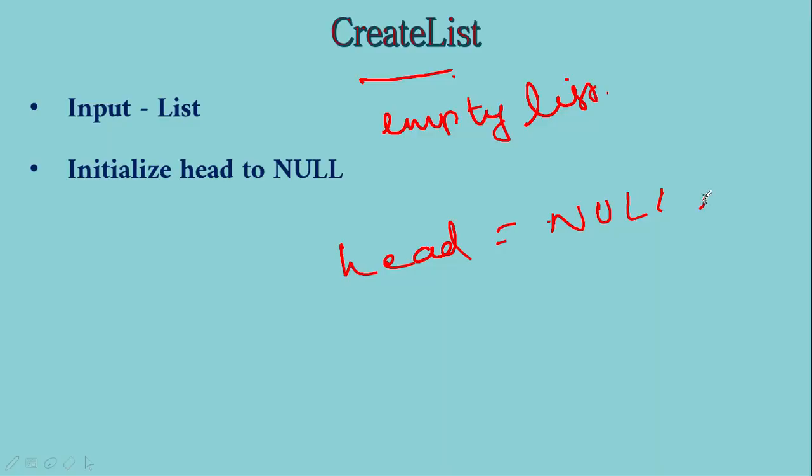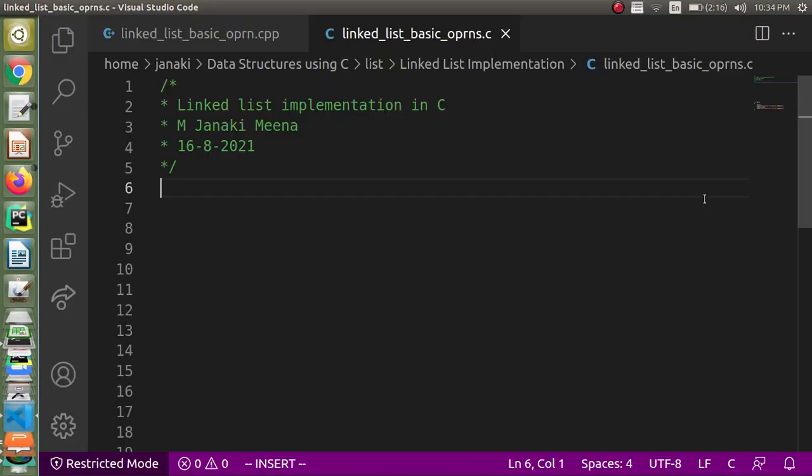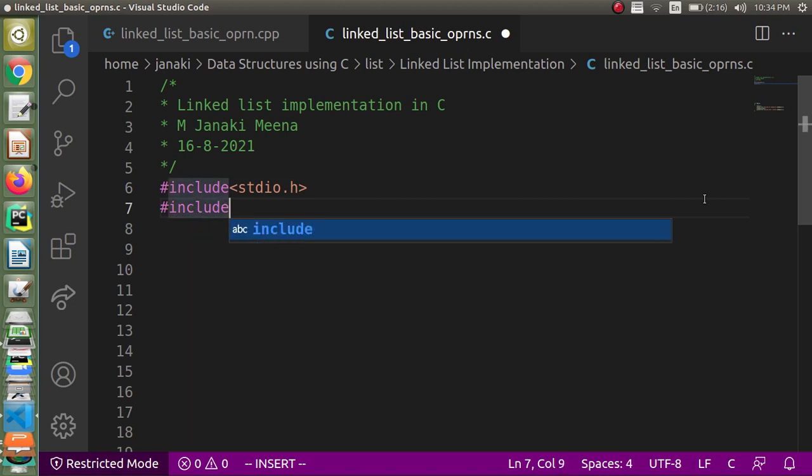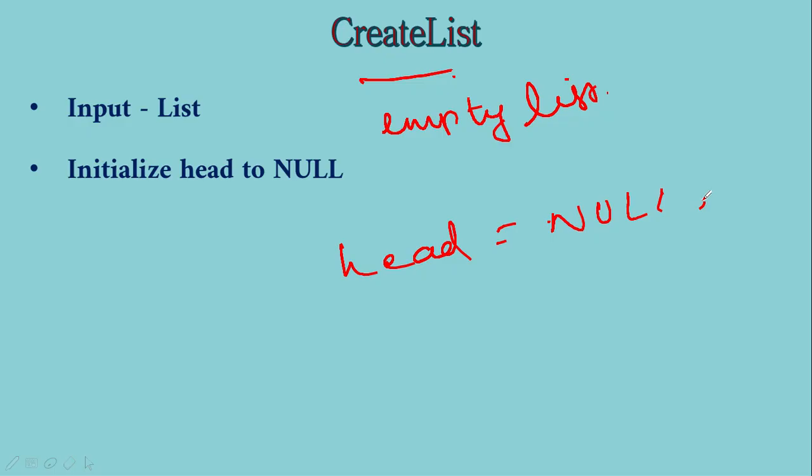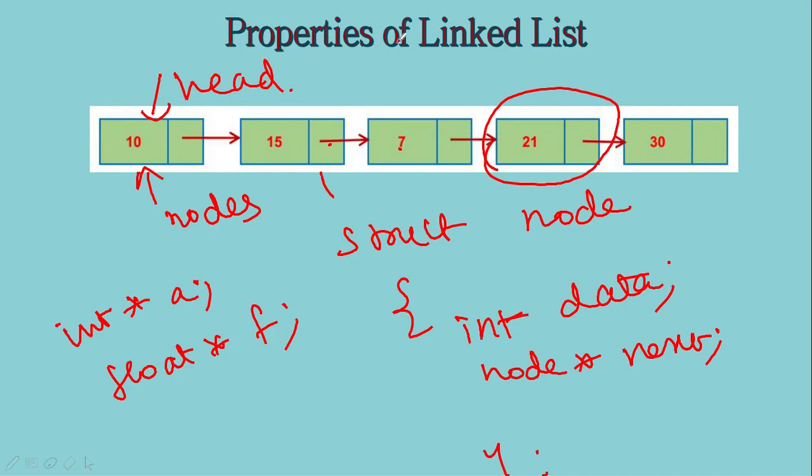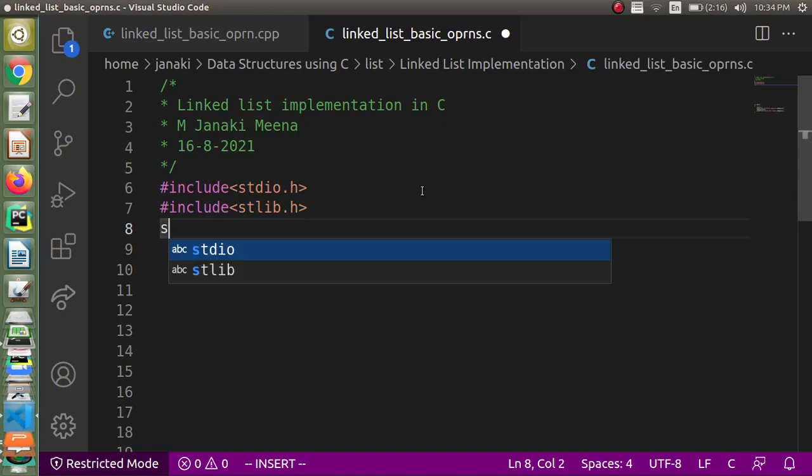So let us come to the implementation, and let us include the header files, okay? So include stdio.h, and I am going to include one more file, that is stdlib. This is because basically linked list involves dynamic memory allocation, and that is present in stdlib. And what should I do? I was telling that I need a representation for each node. I am going to use structures, isn't it? So we have to give struct node, but the point is